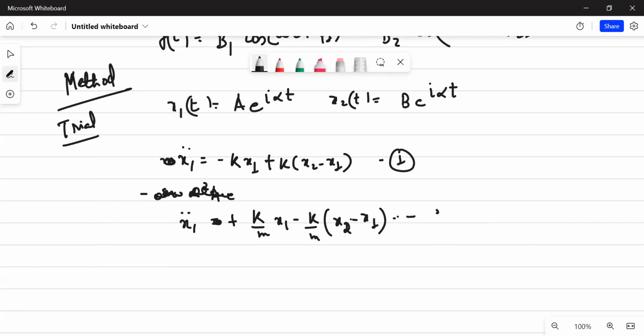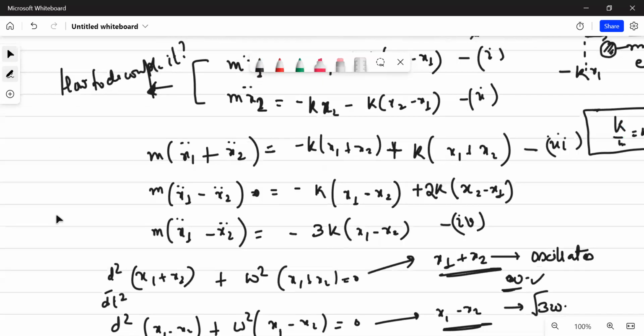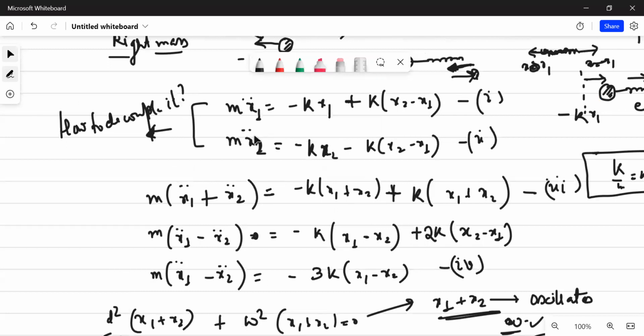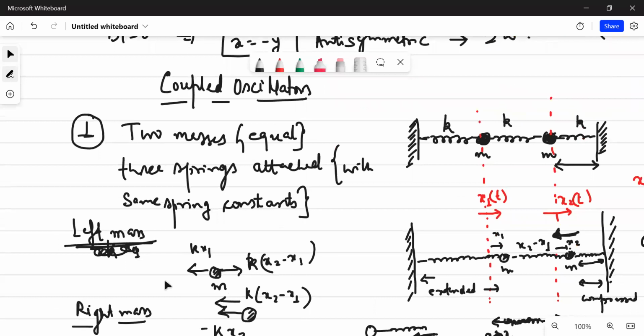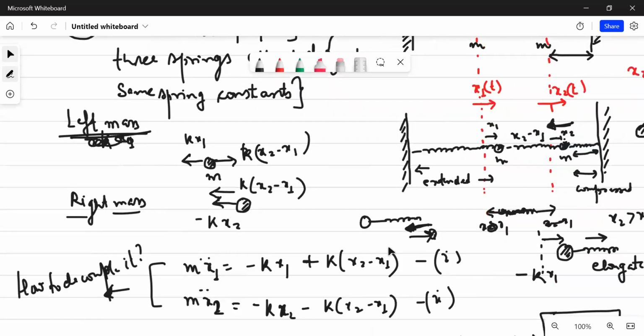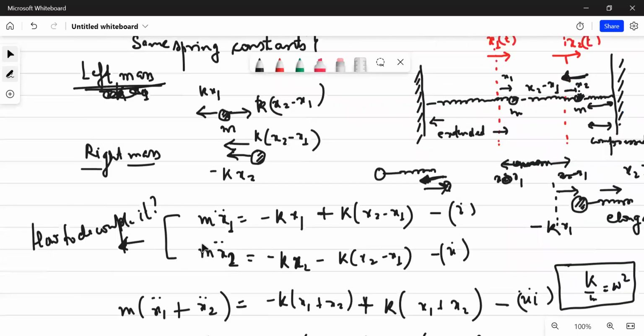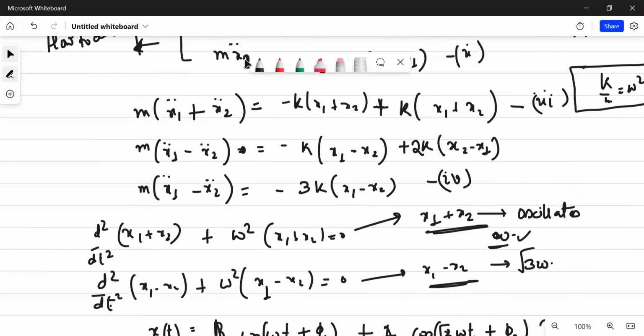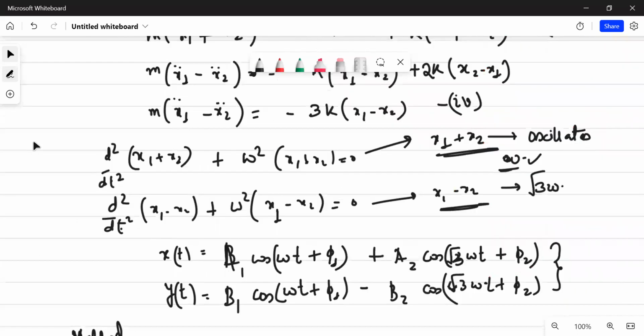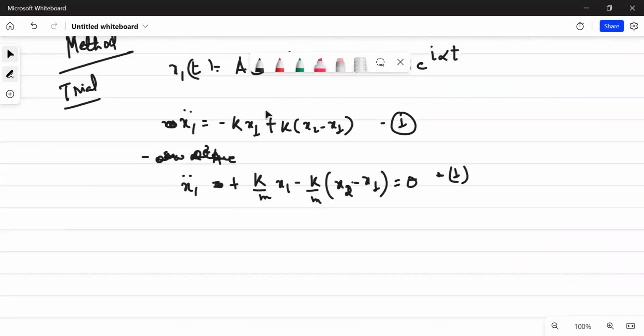वो एक्चुअली क्या हो रहा था कि अपन लोग गलत कर रहे हैं ना, बिकॉज वो तो इक्वेशन भी, ये जो इससे जस्ट पहले वाला मेथड था उसकी इक्वेशन थी, दिस इज तो मेथड वन। मेथड वन में हम क्या करते थे, वी यूज्ड टू ऐड देम अप एंड सबट्रैक्ट देम। इक्वेशन तो ये है ना, हमारी लेफ्ट मास के ऊपर लगने वाली इक्वेशन ये थी, राइट मास के ऊपर ये है, तो x1 की जगह हमें सोल्यूशन रखना है a e की पावर आयोटा अल्फा टी। सो a e की पावर आयोटा अल्फा टी यहाँ रखोगे और b e की पावर आयोटा अल्फा टी यहाँ रखोगे। हालांकि उससे भी आ जाता, पर कोई बात नहीं, इससे भी देखते हैं।